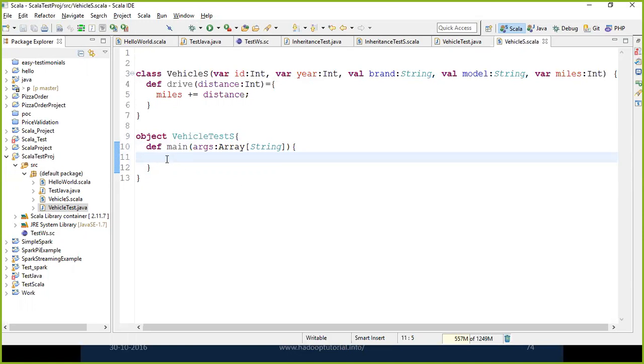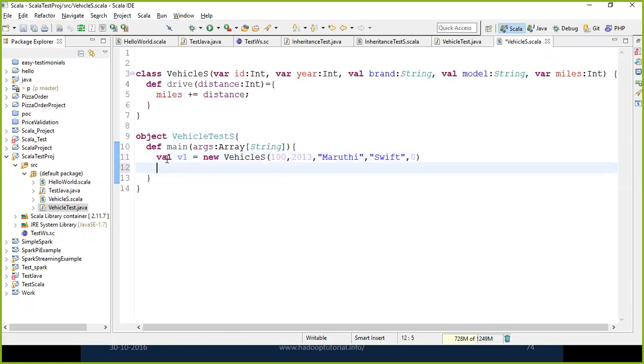Now I declare this val v1 equal to new Vehicle, with ID 100 and year 2013, and brand is Maruti, and Swift, and miles driven is 0. Okay, now I'll println